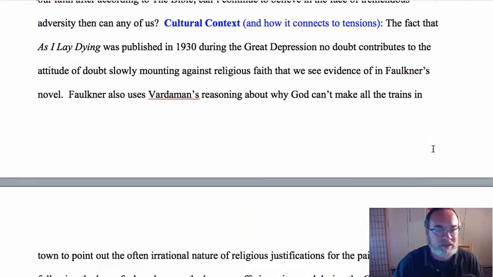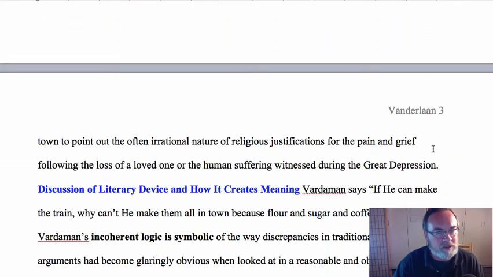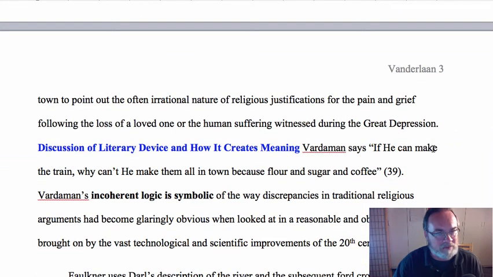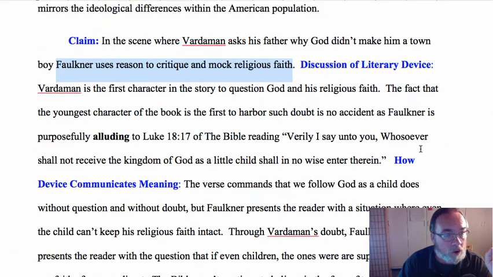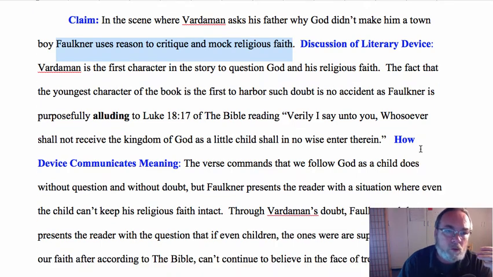We also have an example of how to use smaller quotes and how to properly cite them, but to also make sure we interpret them. So this is an A-level paragraph for me. It's not the greatest paragraph I've ever seen, but it's a very good paragraph and makes some really nice moves. And it's a good model for us to work with. This is the goal. This is what you want your paragraphs to look like in terms of the moves that are being made and the elements that are in the paragraph.